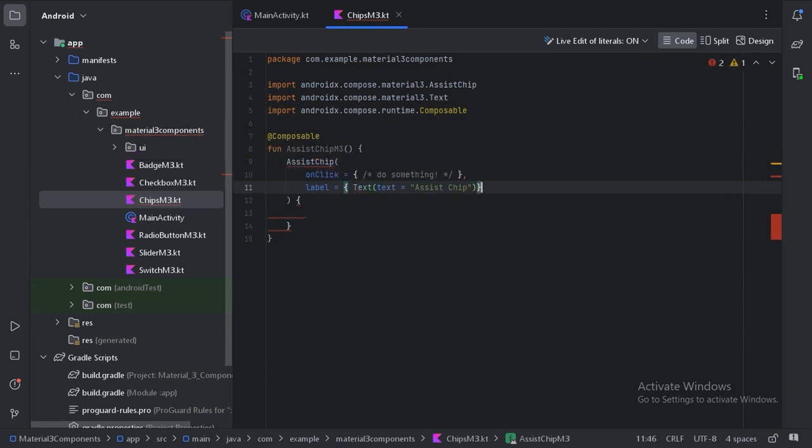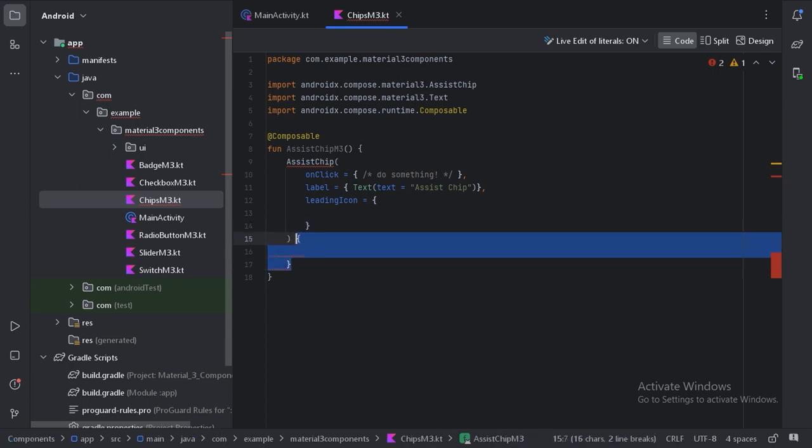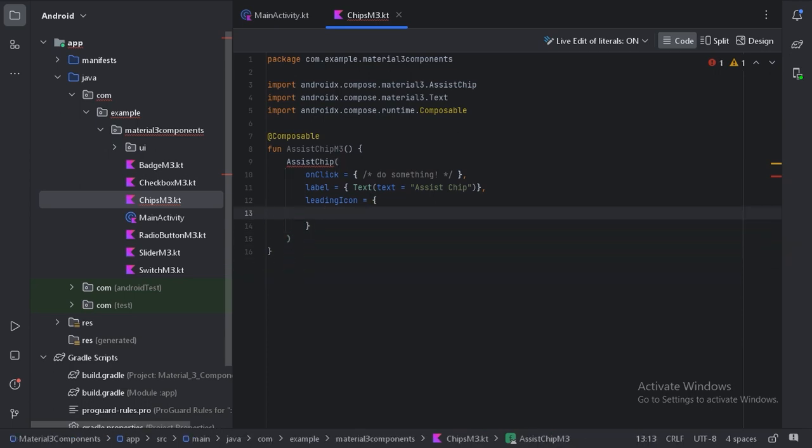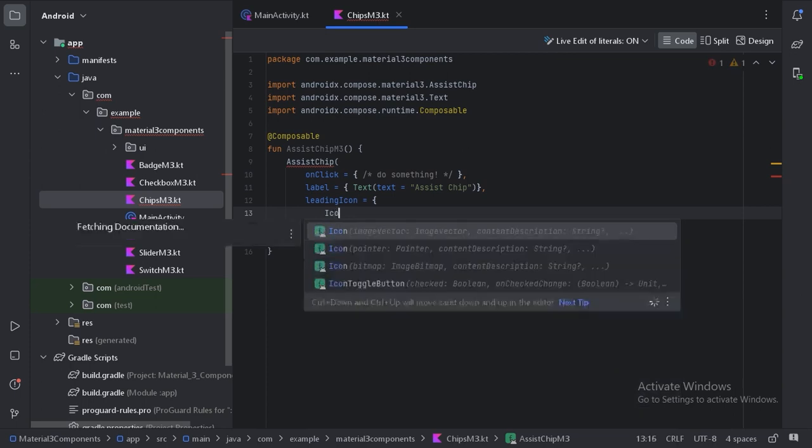and we also have a parameter called leadingIcon. So here we can provide a leading icon. First let's delete these parentheses, and here let's use an icon of settings.